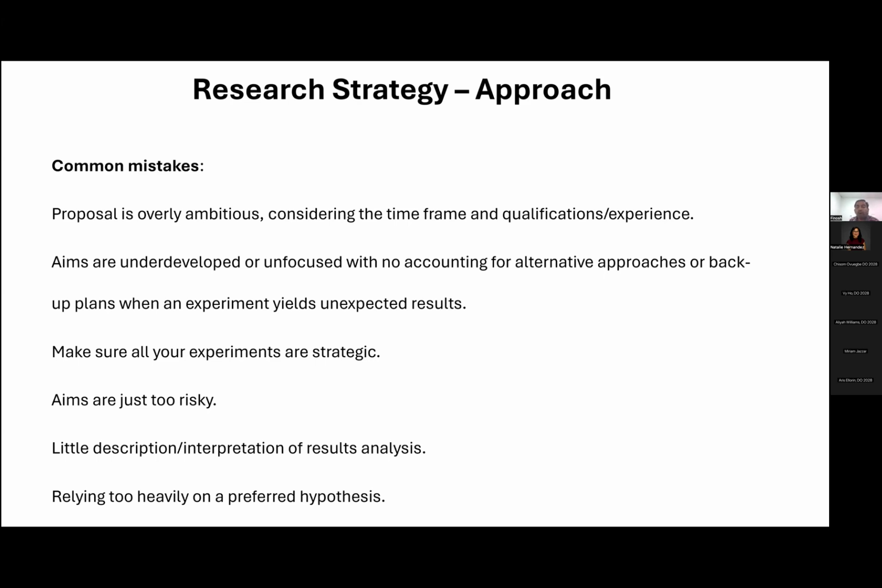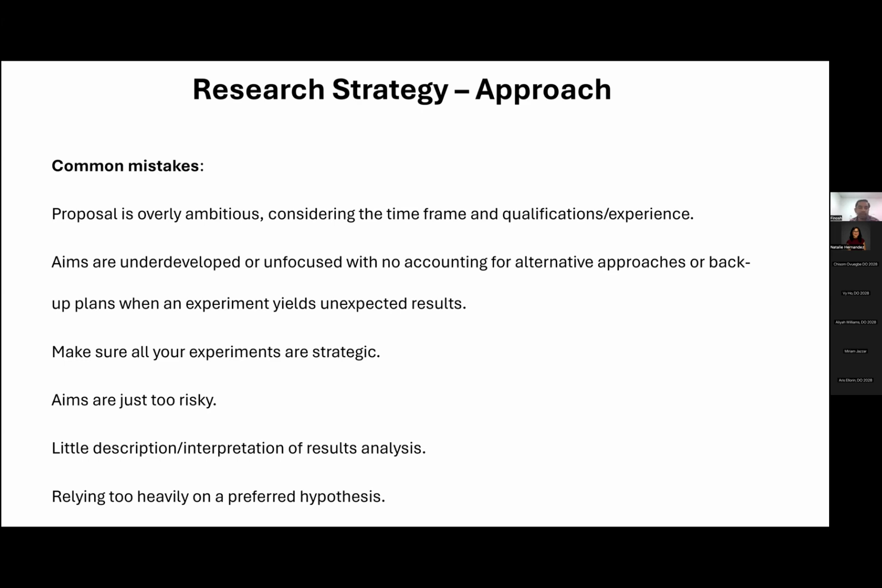Make sure all your experiments are strategic. That means if you have a particular instrument in your lab, it doesn't mean that, since you have that instrument, you need to put it in the grant. No. Whatever experiment you are planning should clearly align with your proposed research and your specific aims